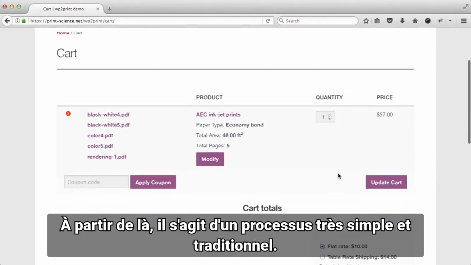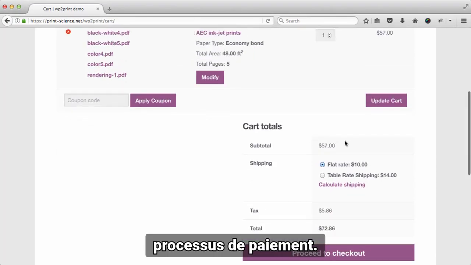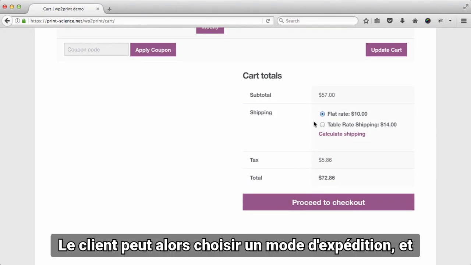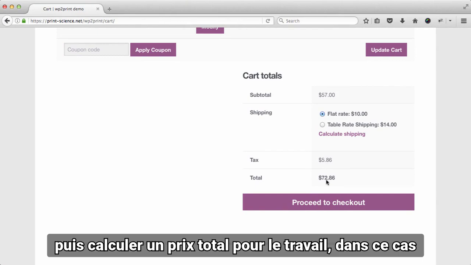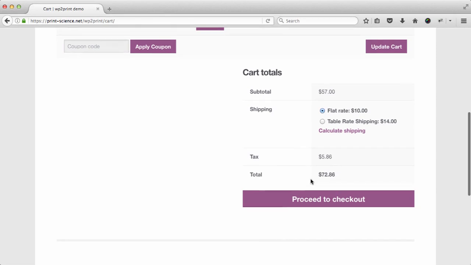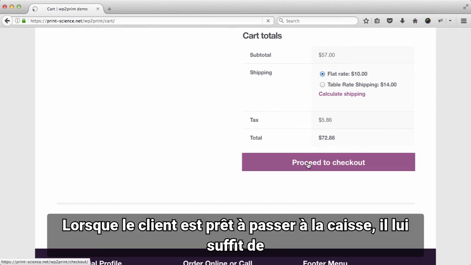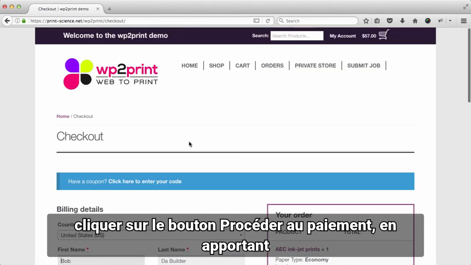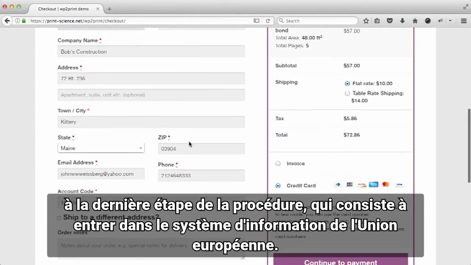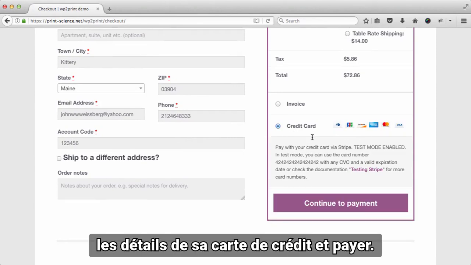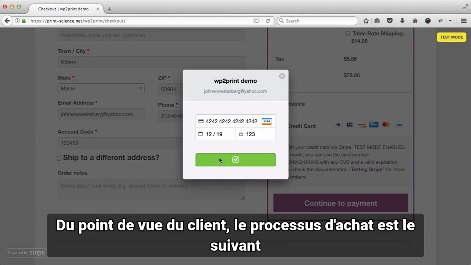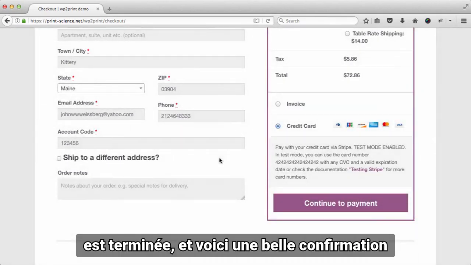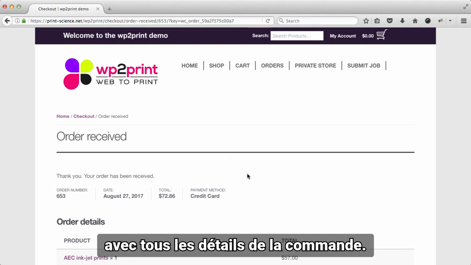From this point onwards, it's a very simple and traditional checkout process. The customer can then choose a shipping method, and the system will automatically add the sales taxes, and then calculate a total price for the job, in this case $72. When the customer is ready to check out, he can simply click on the Proceed to Checkout button, bringing him to the last step of the process, which is to enter his credit card details and pay. Now, from the customer's perspective, the purchase process is complete, and here's a nice confirmation page with all the details